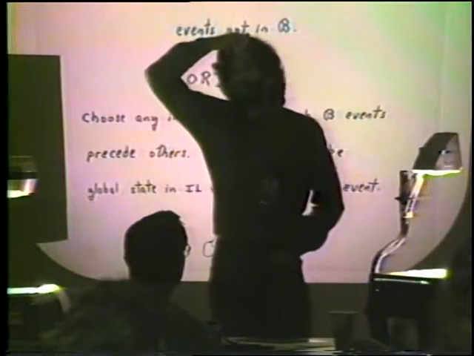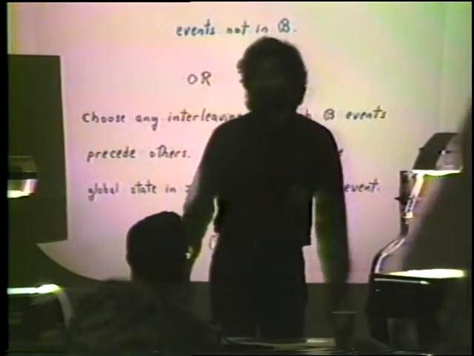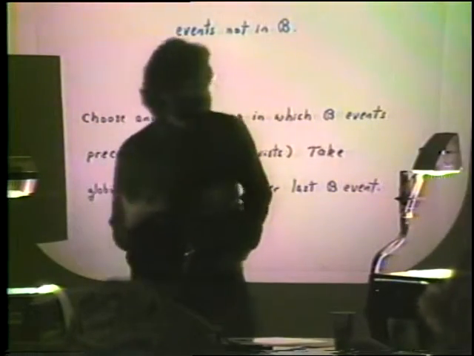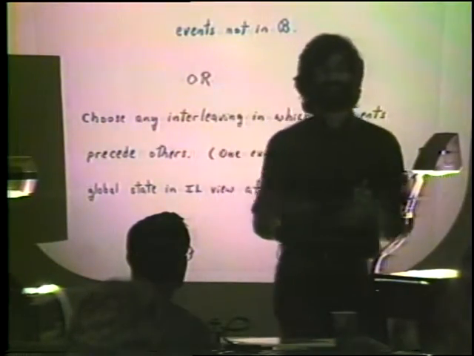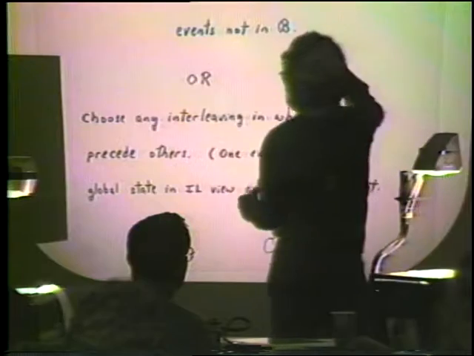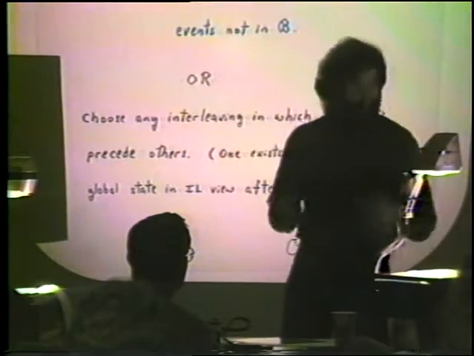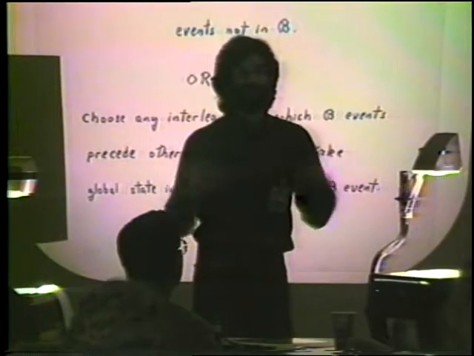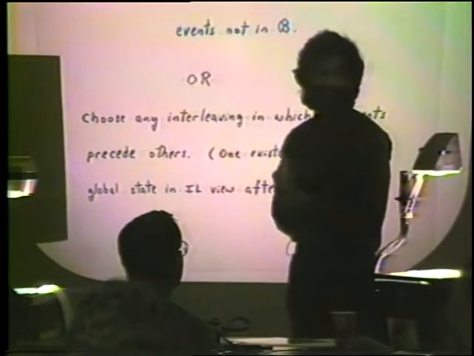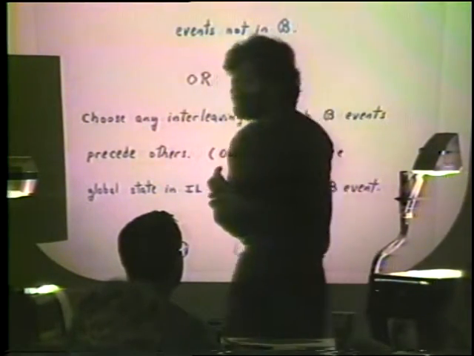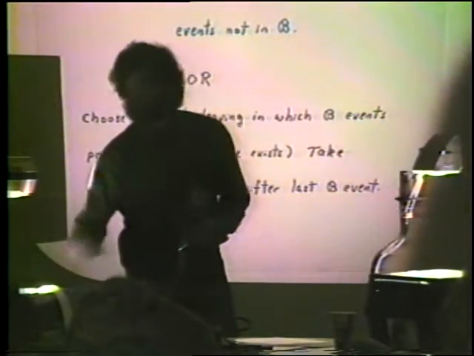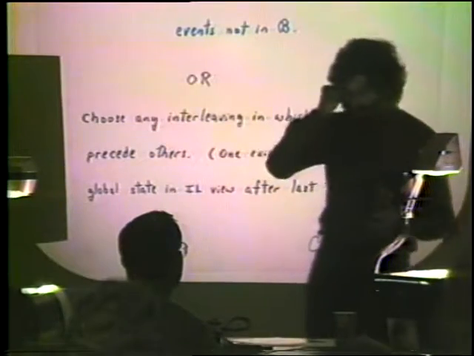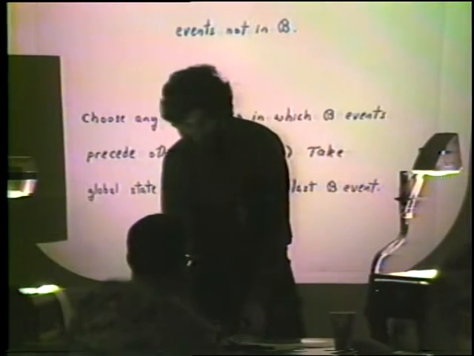To find a global state, to take a snapshot, we have to take a global state. And you see, we don't have this interleaving view. What we have are the local histories. So we want to build our snapshot using the local histories, which means using the space-time view. So to take a snapshot, which means to find a global state, we have to find a time slice. So the trick is to find the time slice.